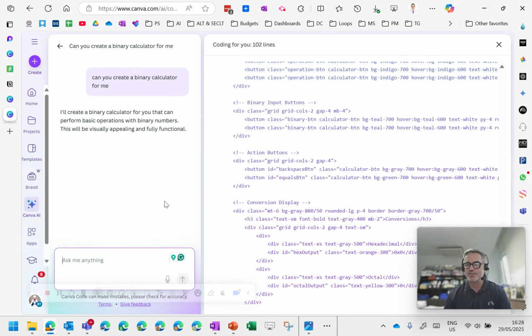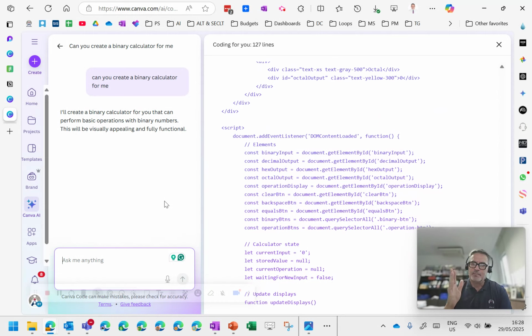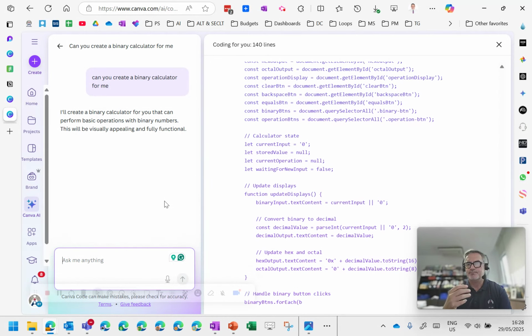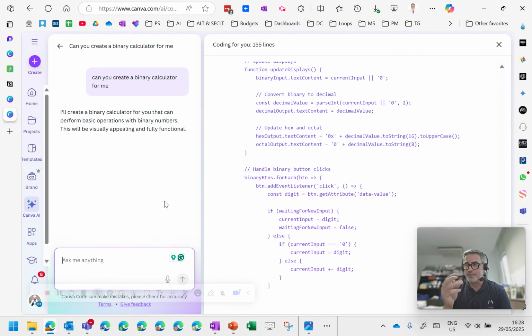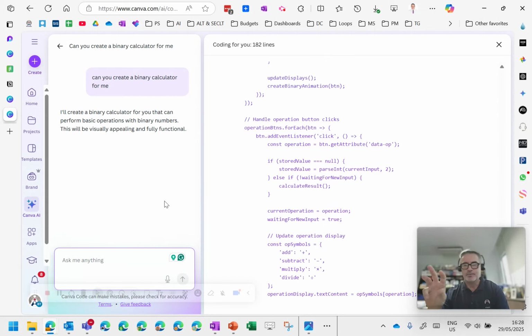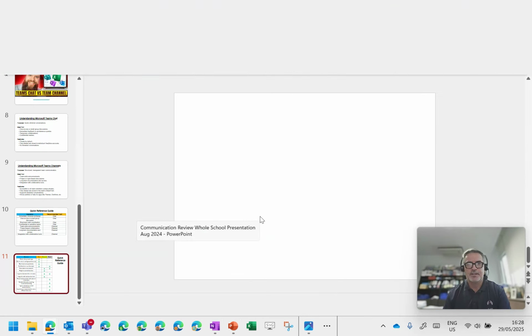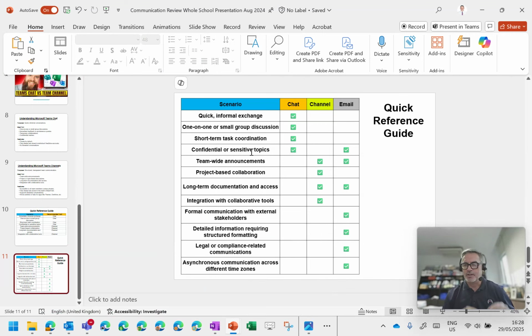And that is, in the communications review that Cheryl and I did some time ago, one of the things that we were fascinated in terms of the discussions was when to use chat, when to use channels, and when to use email. And so we've been putting together a quick reference guide as to what scenario you may be in, and then to be able to choose whether or not to use a chat or a channel or